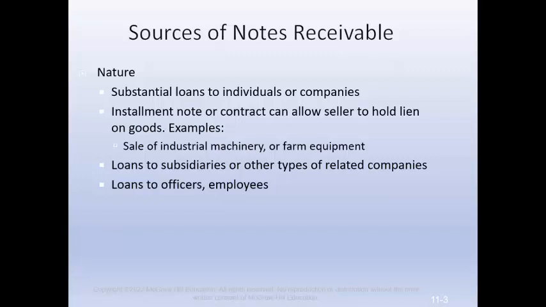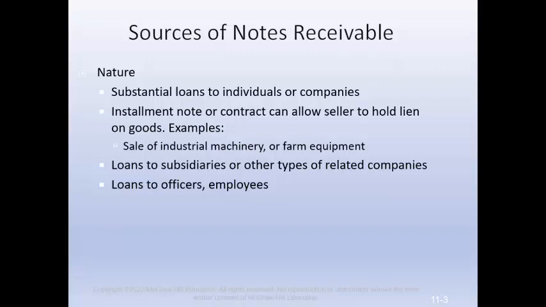An installment note or contract may be used in an exchange that grants possession of goods to a purchaser but permits the seller to retain a lien on the goods until final installment under the note has been received. Installment notes are widely used in the sale of industrial machinery, farm equipment, and automobiles. Other transactions that may lead to the acquisition of notes receivable include the disposal of items of plant and equipment, the sale of divisions of a company, the issuance of capital stock, and the making of loans to officers, employees,